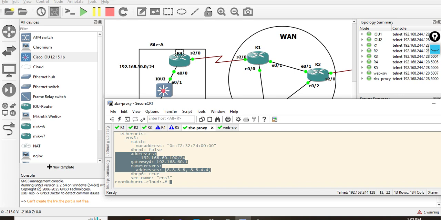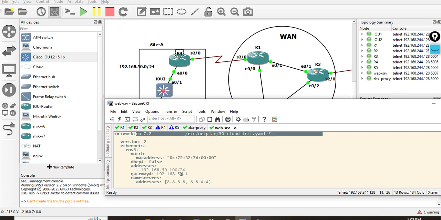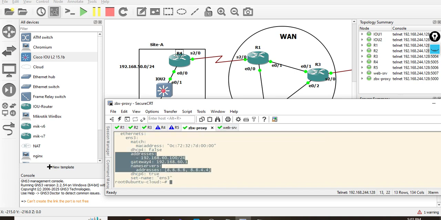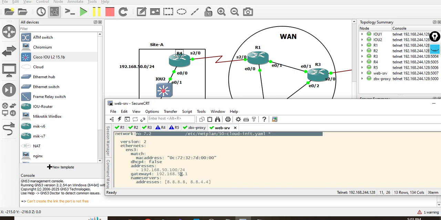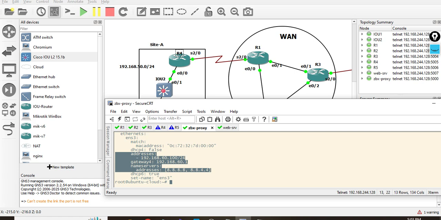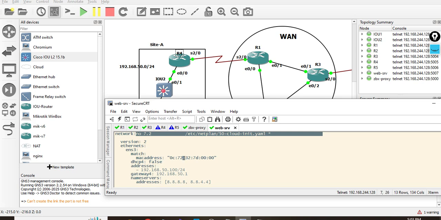Come here, the name servers. Let me change this MAC address to C. Okay,